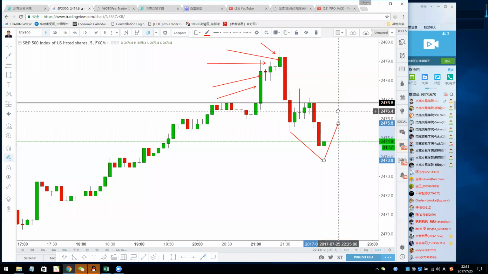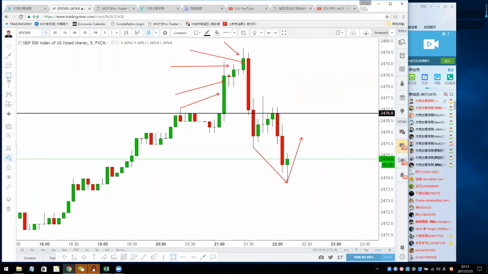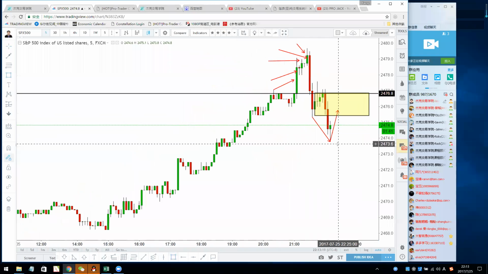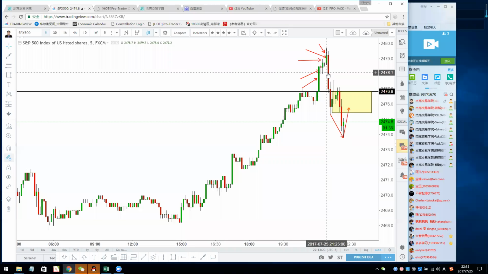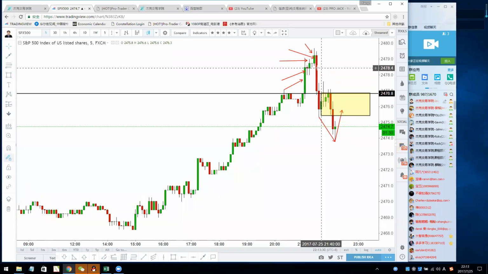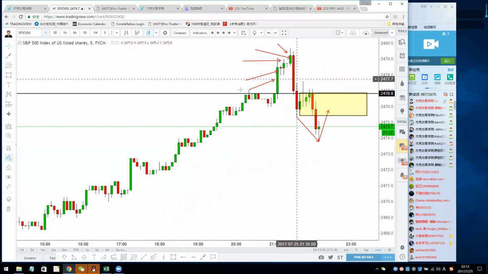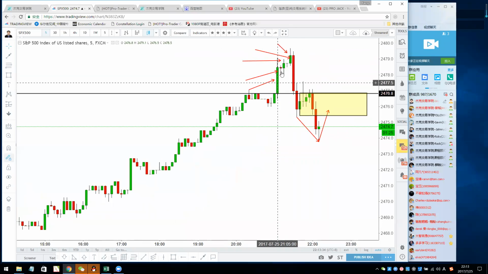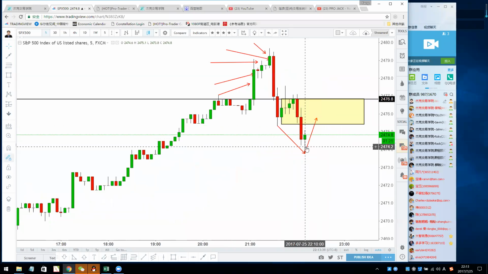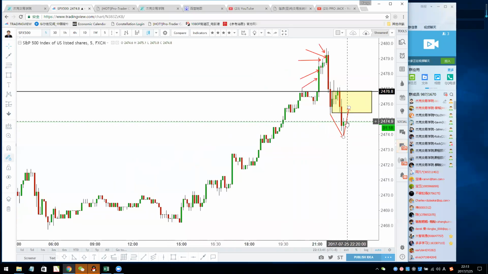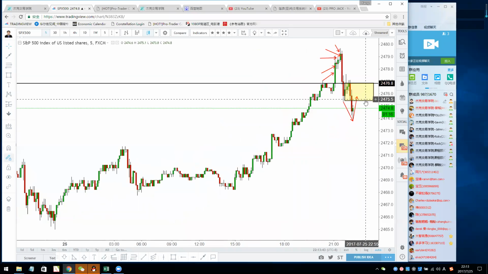But when it pulls back to 2475 to 2476, this area you want to be a seller, because this is telling you something changed. Big people, institutional players, are selling instead of buying. This becomes a bull trap. It traps those buyers who are chasing the price, and this bull trap works and breaks new lows. So we can short the S&P 500 tonight.